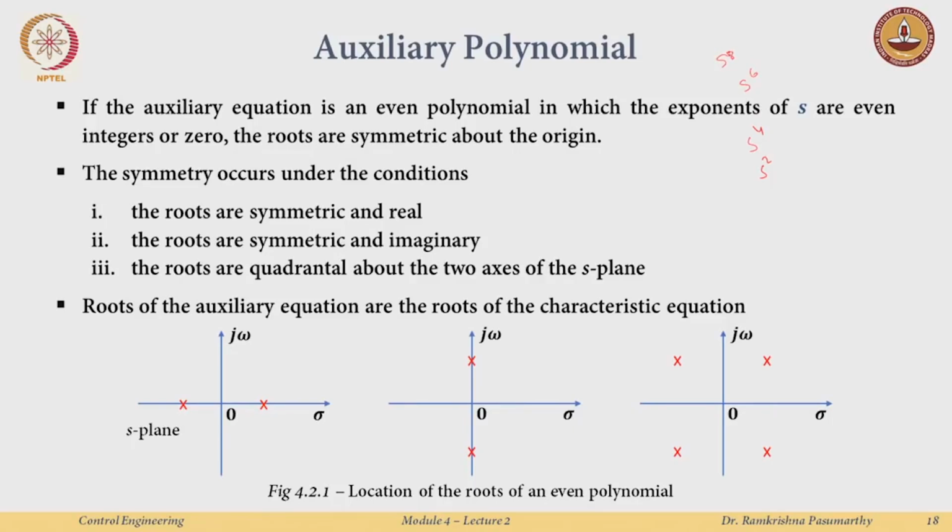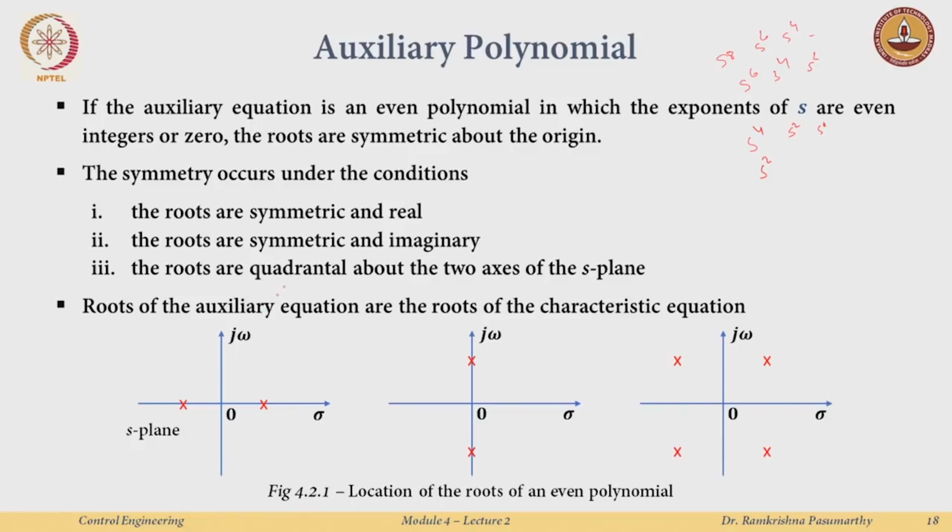So, this is its highest power, and all the other powers would be S square, S power 0, S power 4, S power 2 and so on. So, it will just have even powers, S6, S4 and so on. In this case, what we see is there are roots that are symmetric about the origin,